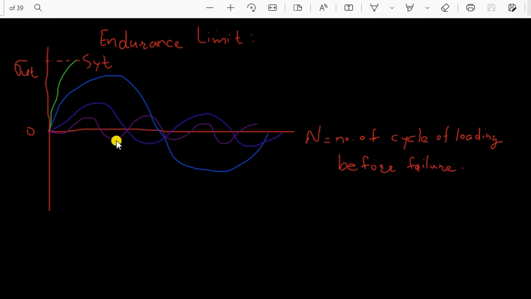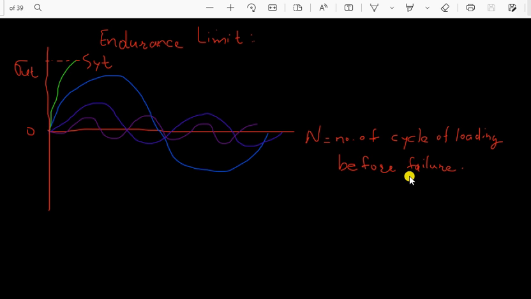So this is the graph for the completely reverse loading condition, where you will find at what value of the stress the component will perform a higher number of life cycles or stress cycles before fatigue failure. Fatigue failure is the type of failure in the completely reverse loading condition. Why, I have already explained in the previous lecture. You can check out my previous lecture for dynamic loading condition part 1.